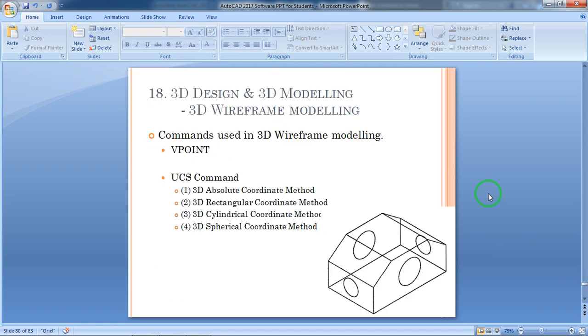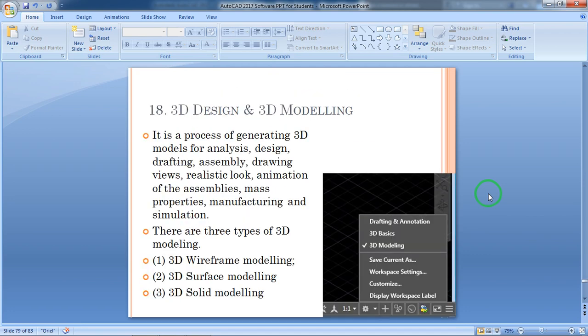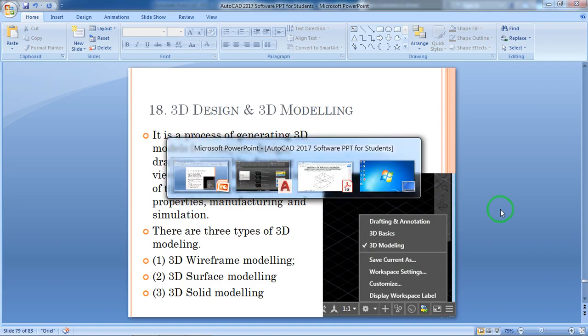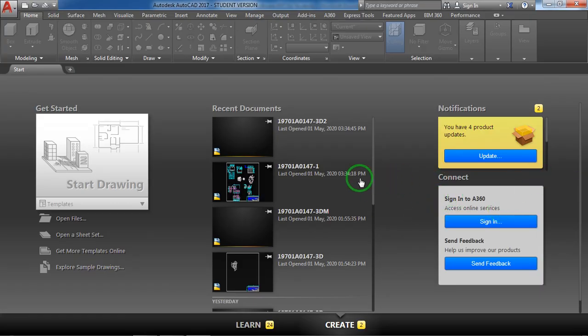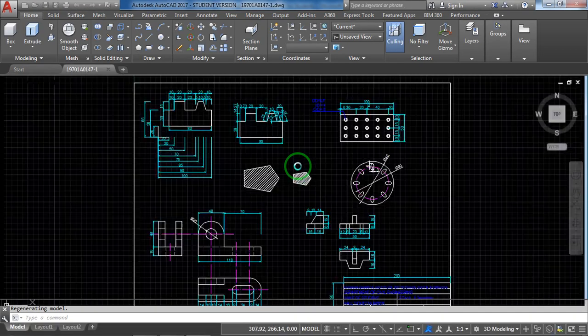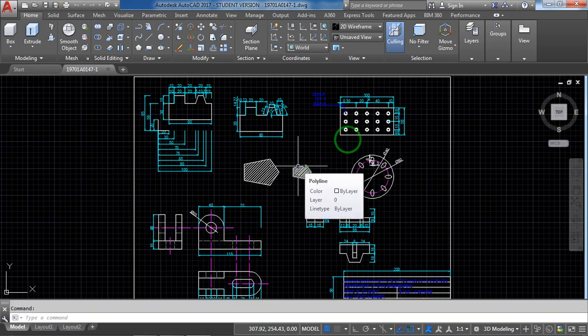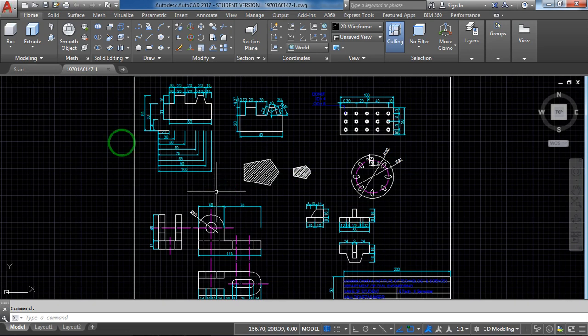So, to show this 3D design and modeling, we go to the software. I'm using the same file that we used earlier for two-dimensional drafting and annotation.